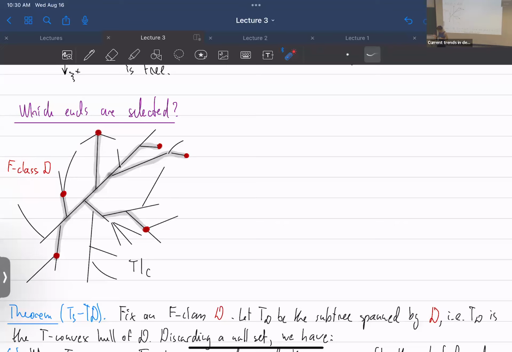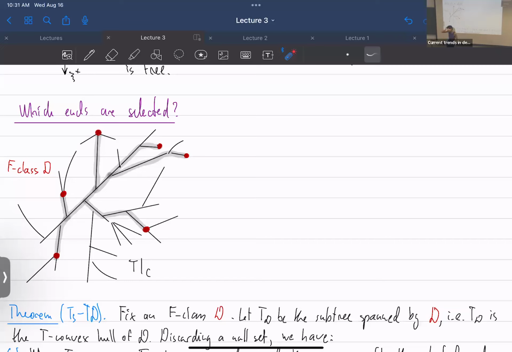The proof of end selection uses what I said when I defined amenability: each class has an invariant, finitely additive mean. So you prove end selection by chasing where the measure goes. The measure turns out to either concentrate all at one end